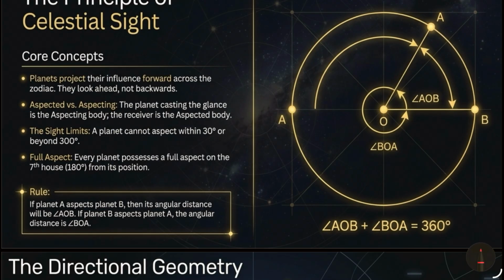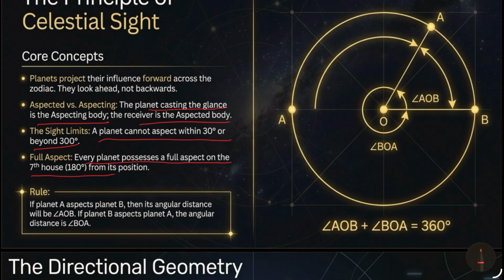So they look forward from their current position and there is no backward influence. The planet casting the glance is the aspecting body and the receiver is the aspected body. There is a limit that a planet cannot aspect within 30 degrees or beyond 300 degrees from its current position. As we all are aware, every planet possesses full aspectual strength on the 7th house from itself. Means wherever the planet is placed, on the 7th house or 180 degrees away from that place,